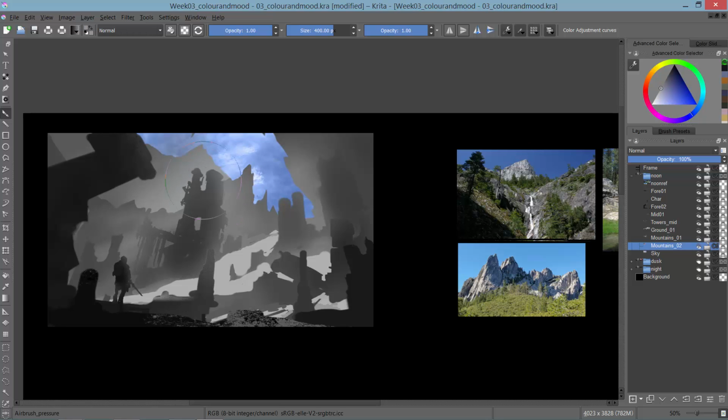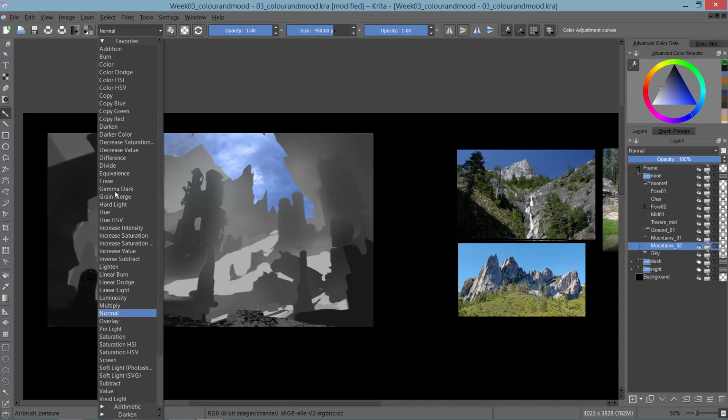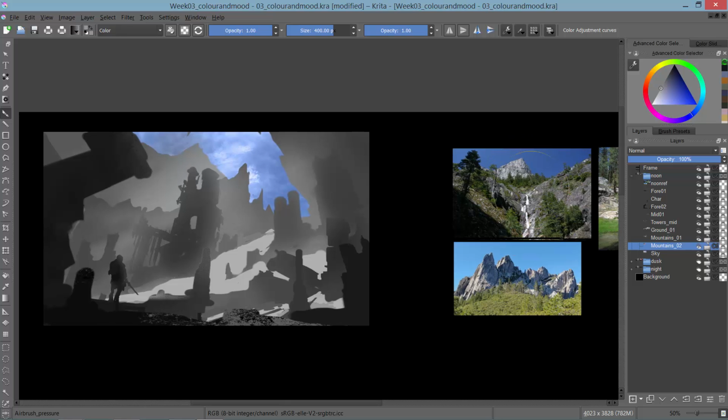I've just color picked the sky and brushed over it in color mode of the brush. I don't always use color mode, but I use it for the first go whenever I want to retain the value of the layer and just change the color. If I brushed over that with just a normal brush, it wouldn't retain the value and I'd have to paint a whole lot more. So I start with the background in the sky and go through the layers coming forward into the foreground. It doesn't always have to be this rigid,